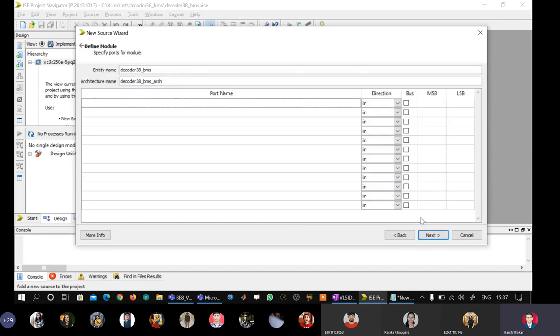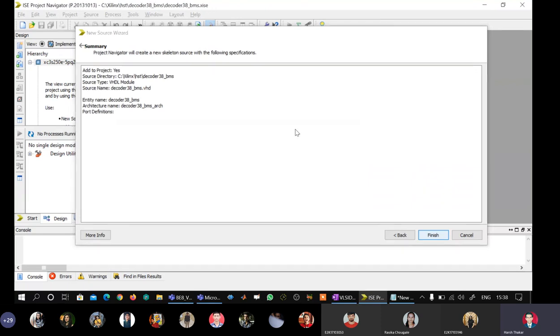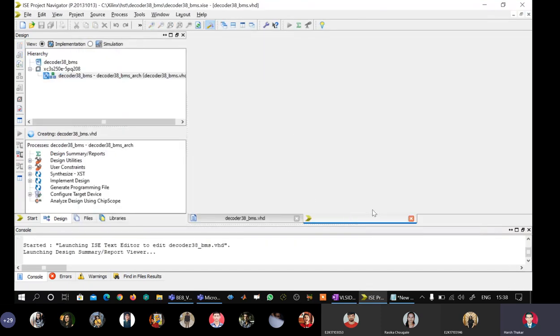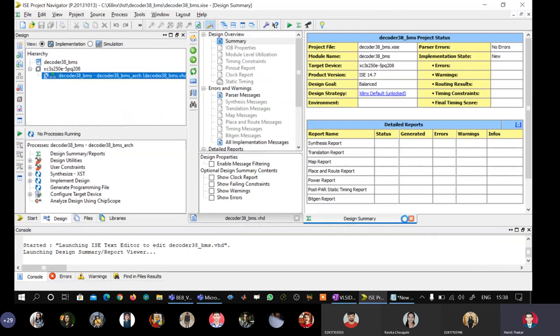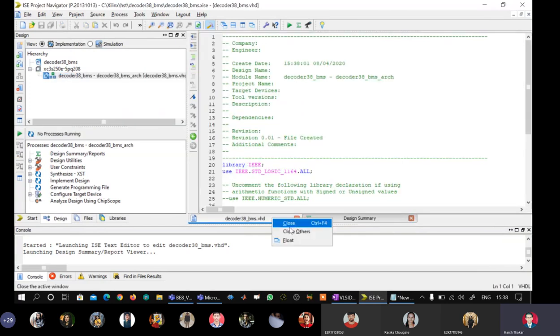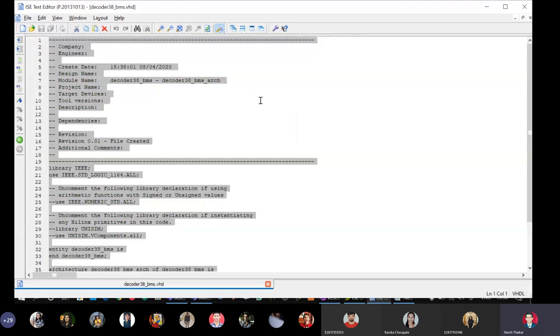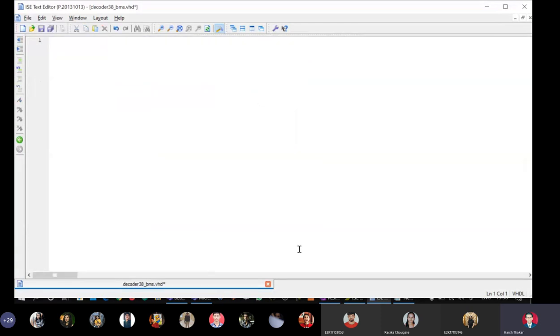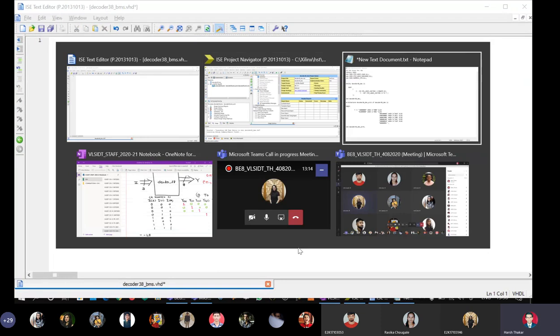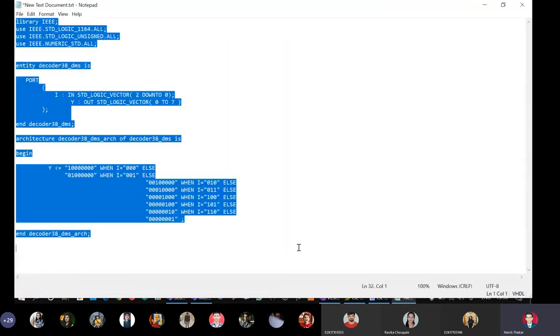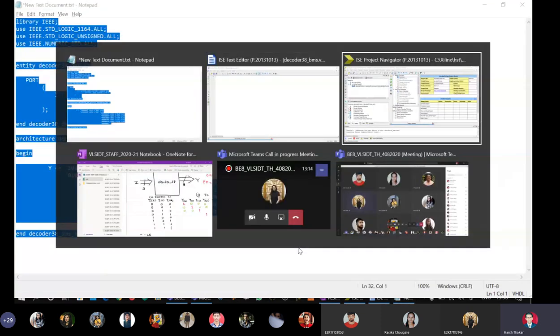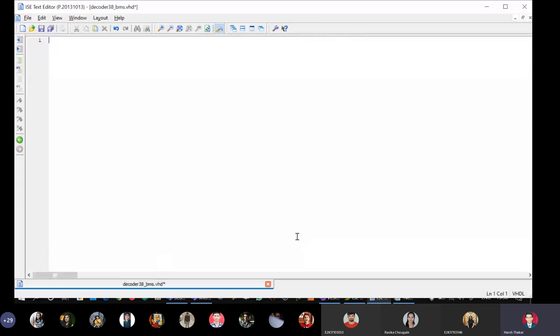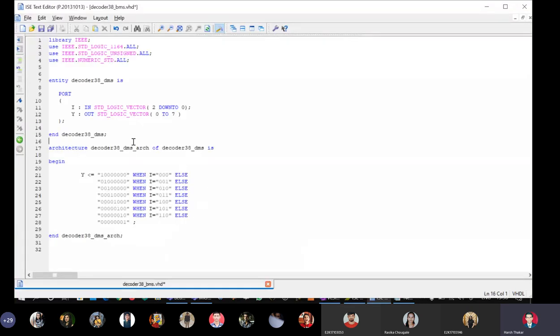Next, finish. Close the design summary. Float it. Do Control A, delete. Go to your notepad, Control A, Control C, go back to your tool and just say Control V.